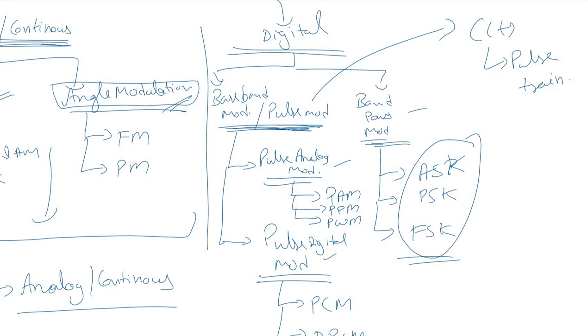So it is possible to vary the amplitude, position and width of the pulse, right, which is your carrier wave, which is a periodic pulse train. It is possible to vary the amplitude, position and width of this carrier pulse train in accordance to the message signal. And there are two different types of the pulse modulation for the analog and digital,